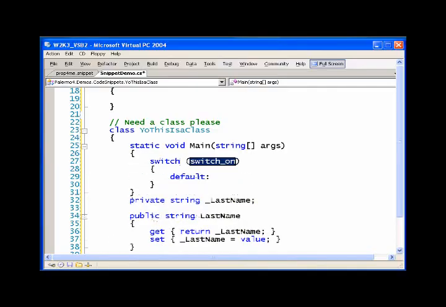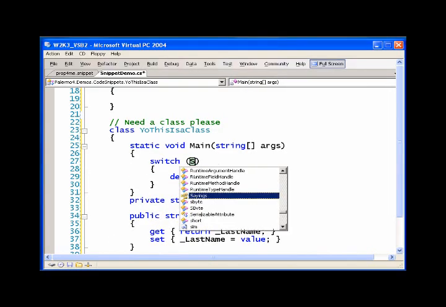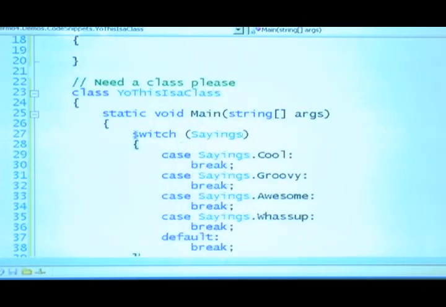How about this? A switch statement. Have you ever done a switch on an enumeration? Watch this. Tab, tab. Now I just created an enumeration called sayings. So I'm going to put sayings in there, tab, enter. How about them apples? It automatically looks at all of my enums, and I have this very cool, groovy, awesome snippet